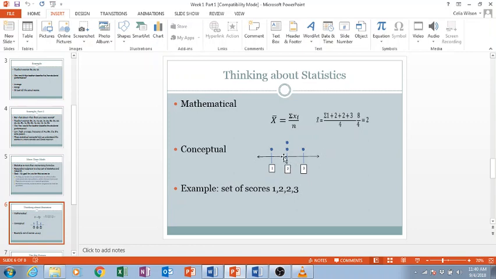Where would that fulcrum be? Where would the fulcrum be for your distribution to be totally balanced? If you could see me in person, I'm trying to make the teeter-totter, or it could also be a lever. Where would you put the fulcrum for it to be balanced? It'd be right here at the 2. It'd be right there at the 2.